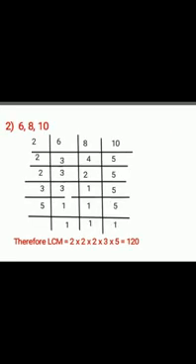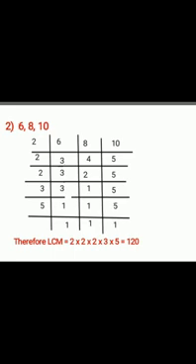Second sum. Find the LCM of 6, 8 and 10. Again, here also we will do it in a vertical arrangement, writing all the numbers together and then using the test of divisibility to find the prime numbers that divide the numbers. So we'll write 6, 8 and 10. Now 6, 8 and 10 are divisible by 2. So you'll write 2 threes are 6, 2 fours are 8, 2 fives are 10. Now here 3 is not divisible by 2, 4 is divisible by 2, 5 is also not divisible by 2.